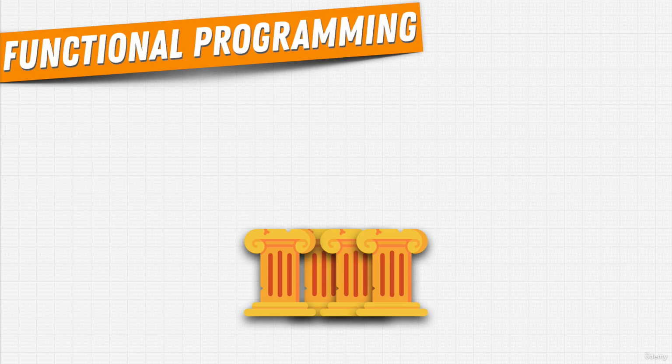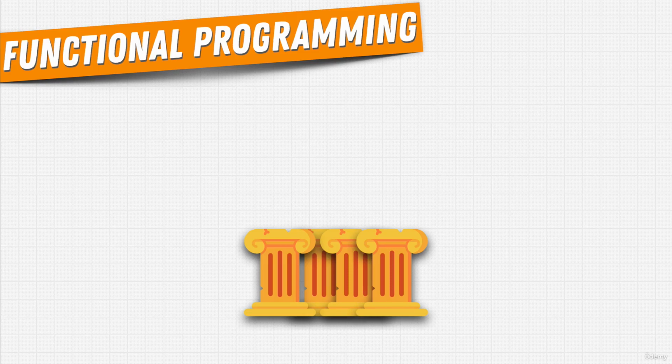Because in most functional programming paradigms, we don't have this idea of classes and objects. Instead, functions operate on well-defined data structures like lists and dictionaries that we saw, rather than that data structure belonging to an object. But at the end of the day, the goal of a functional programming paradigm is the same